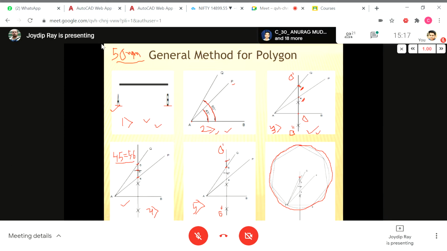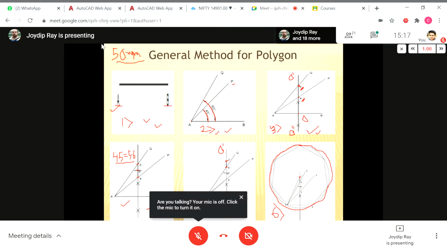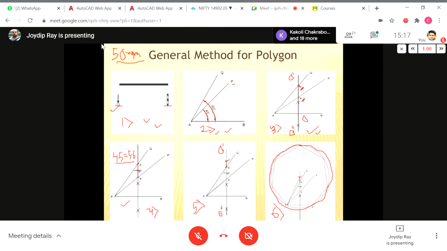Now, next, this is our point number 6. So in the point number 6, what I have told you, place your compass at point number 7 as we are drawing the regular heptagon. That is why we have to place the compass at point number 7. So point number 7 is your center, and the radius is 7 to A or 7 to B. Draw a circle, and that circle will pass through the AB line.